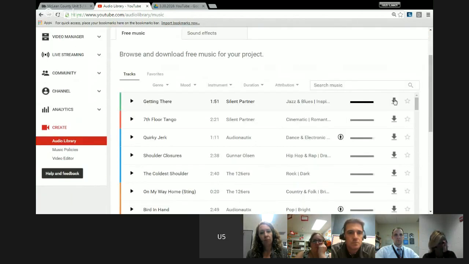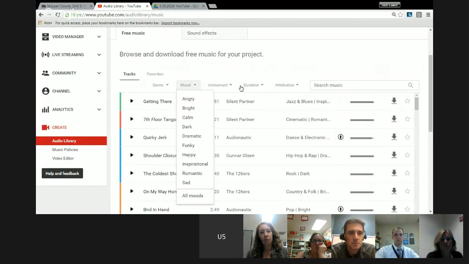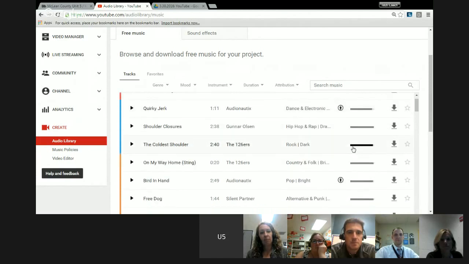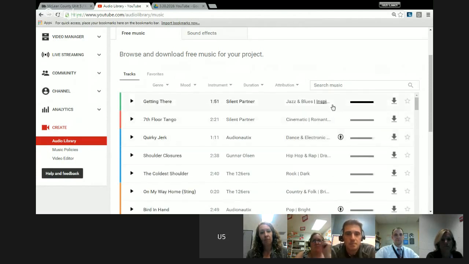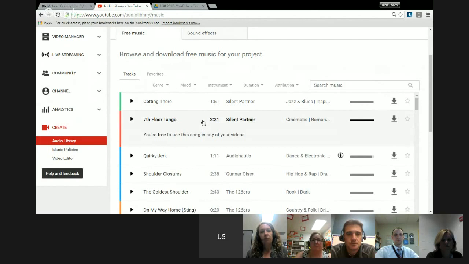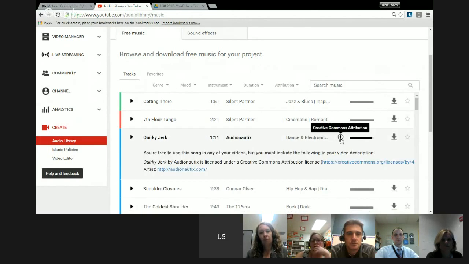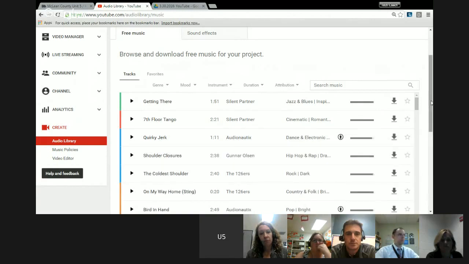And like Jason was saying, here you have the option to download any of these items, and you can search by mood. You can actually do sound effects as well and download them. And one of the other things that I like about this is some of these are just completely free to use, and then other ones that have the Creative Commons attribution will say they're free to use, but you should provide credit to the audience whenever you use it. Say you're going to put it in a photo story or something like that.